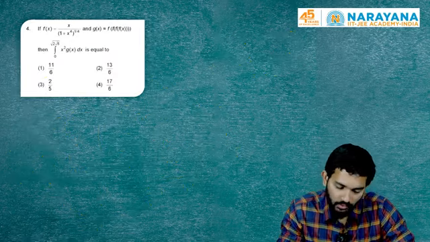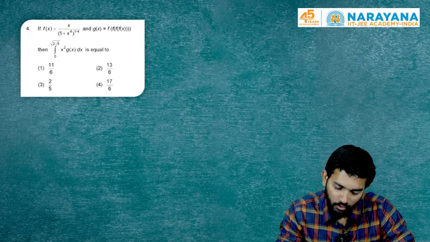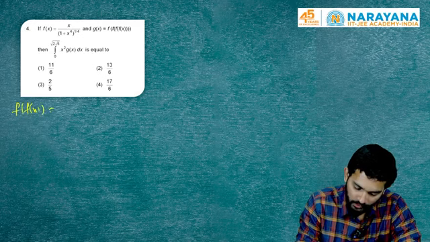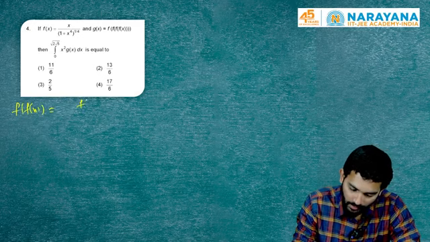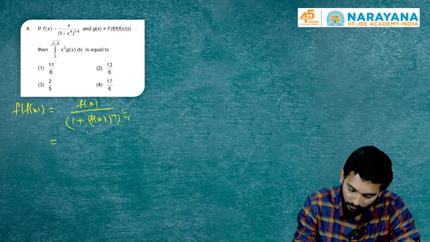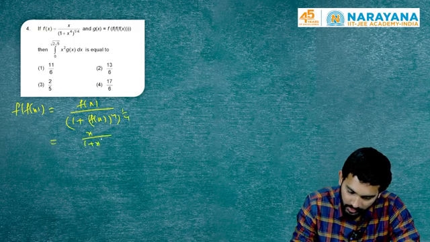f of x is equal to x by (1 plus x power 4) whole power 1 by 4, and g of x is equal to f of f of x. So if I am just considering first f of x, which will be f of x by (1 plus f of x whole power 4) whole power 1 by 4. Again, if I replace f of x with x by (1 plus x power 4) whole power 1 by 4,